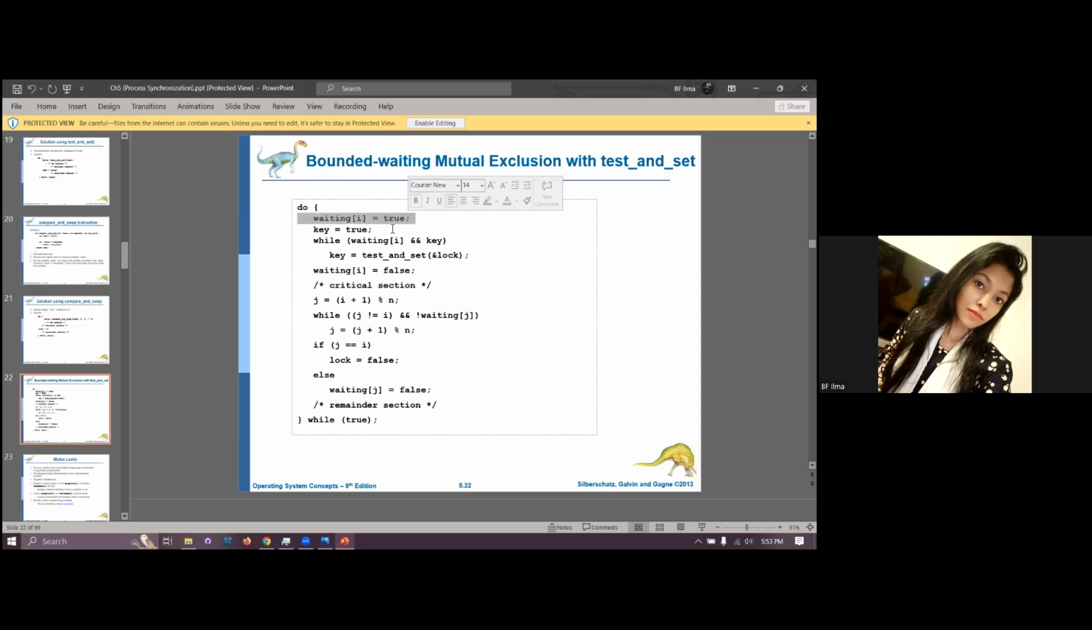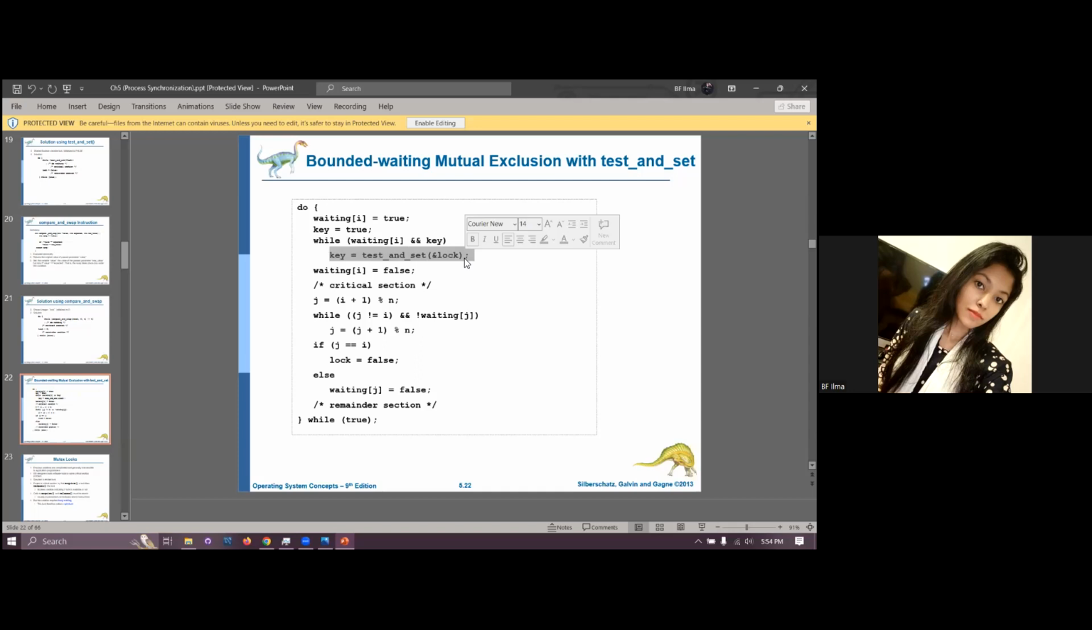Initially this is true. This means it is waiting to enter into its critical section, and the key is true, and we have a while loop. Now, mind that the while loop doesn't end here. There's no semicolon here, so this is actually a loop. While waiting[i] and key. Since both of these are true, at the first iteration this while loop will return true,